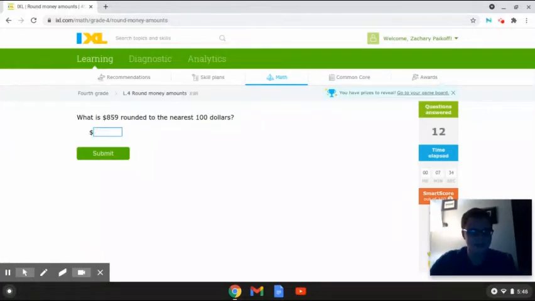Alright, so this next problem reads, what is $859 rounded to the nearest $100? Okay, so in this problem we are given $859, and we're going to be taking a look at the number 8, and that is the key digit that we're going to be rounding to. So if we look to the right of the number 8, we have the number 5. And the number 5 is bigger, so that tells me that this number is going to round up and become